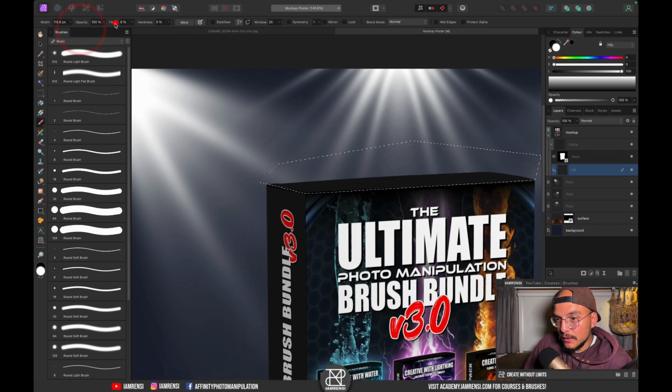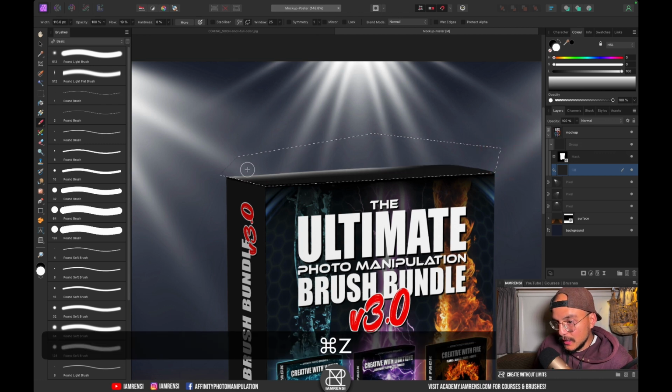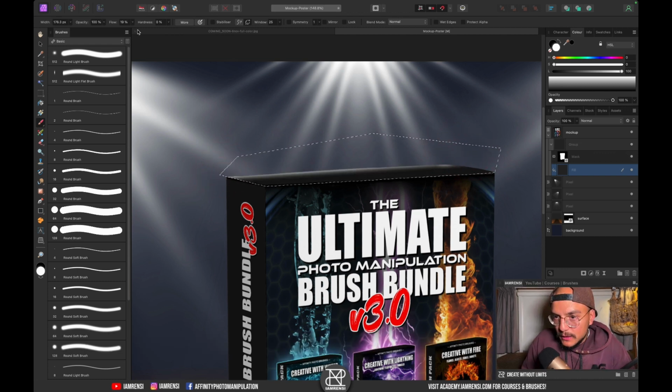So I want to reduce my brush size. I'm gonna reduce the flow. Actually, the flow can still be pretty high in the beginning, so I'm gonna drag some nice highlight, or maybe click once, and then Shift click here, so we get a nice straight line. And with a lower flow, so maybe 4%, I'm just gonna